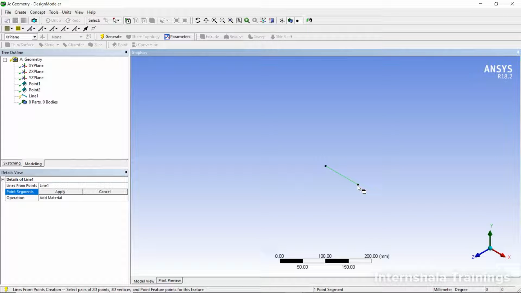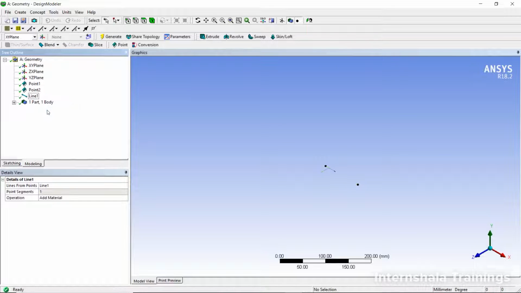Once I select both the points, see here a green color line appears, which shows that a line has been created between these 2 points. Once I'm satisfied with that, I'm going to press apply here in the details, and then I'm going to right click on the feature here in the tree outline and generate the feature. So see here, a line has been added between these 2 points.